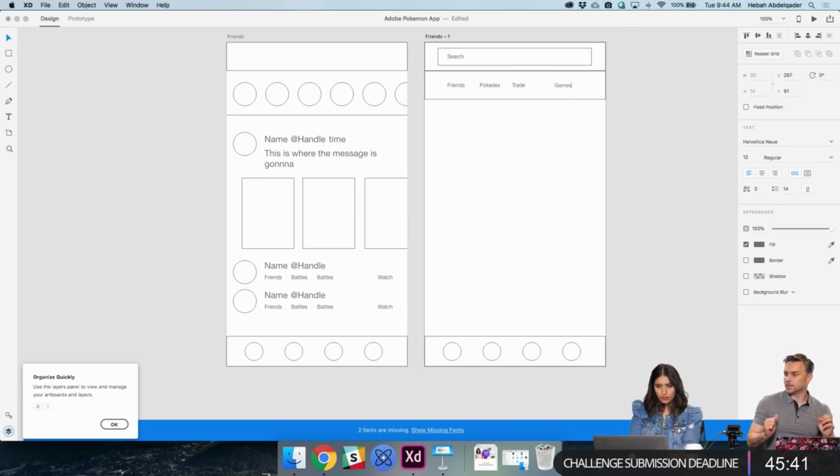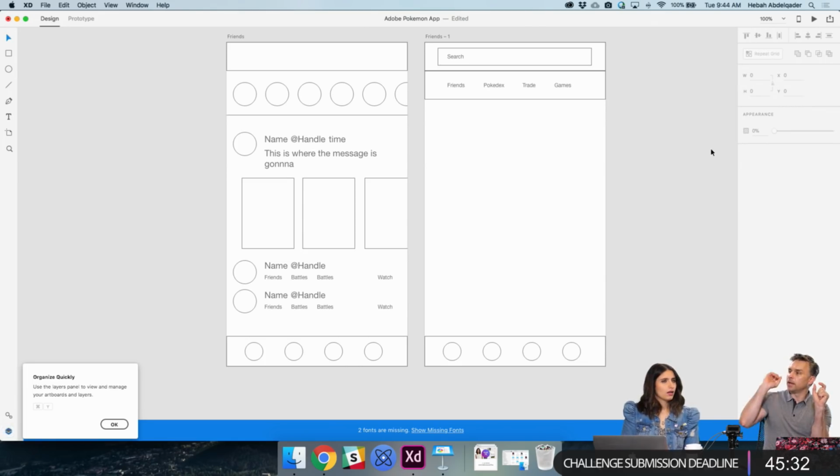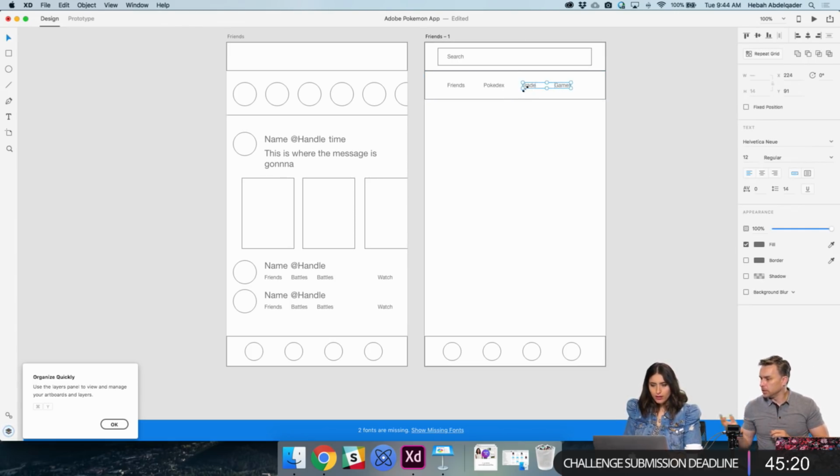So this is interesting. What I see a lot of people do, because you have like four things in a row, is just make one text field and then hit repeat grid because they want to duplicate it four times, and then they'll break it apart. Oh, so they use repeat grid as a way to just duplicate. Wait, so how do you break it apart? Yeah, I need to learn that.